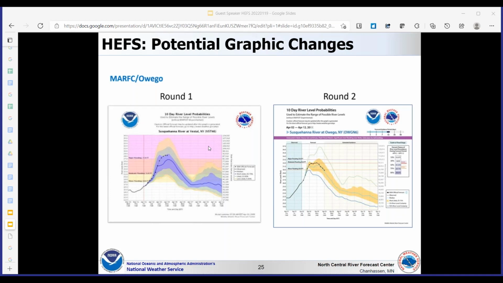We have the air temperature graphic and a snow water equivalent graphic. Those all show the same kind of ensemble ranges, but for these different time series. And as I think Craig will show, they will give you some background information on why the hydrograph is the way it is.